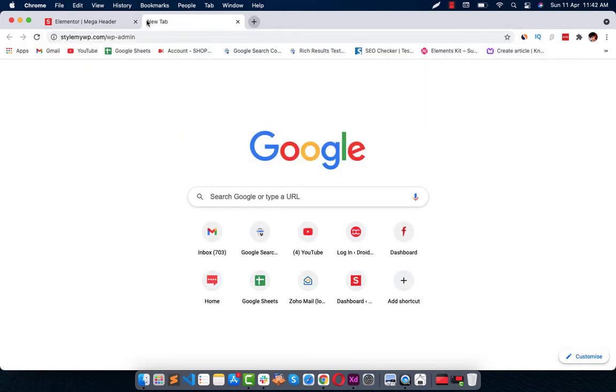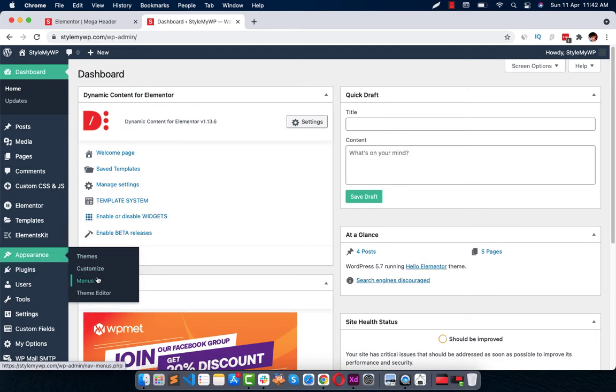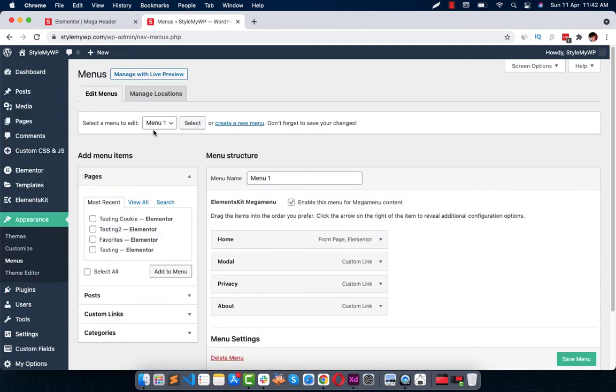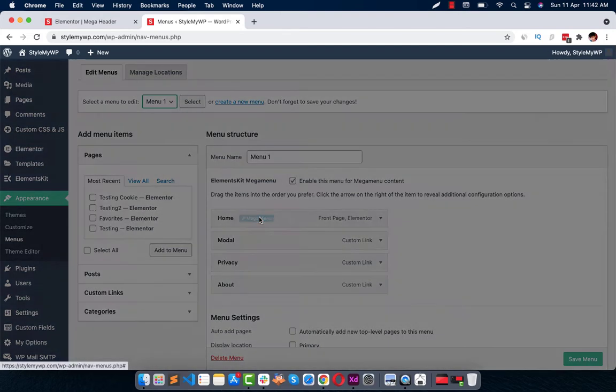Just go to your dashboard, click on appearance, and then menus. Choose any menu from here you want turn into mega menu. I have chosen menu 1 and selected it. Make sure you enable this toggle that asks enable this menu for mega menu content. So if you enable this, then only you can find this mega menu button.